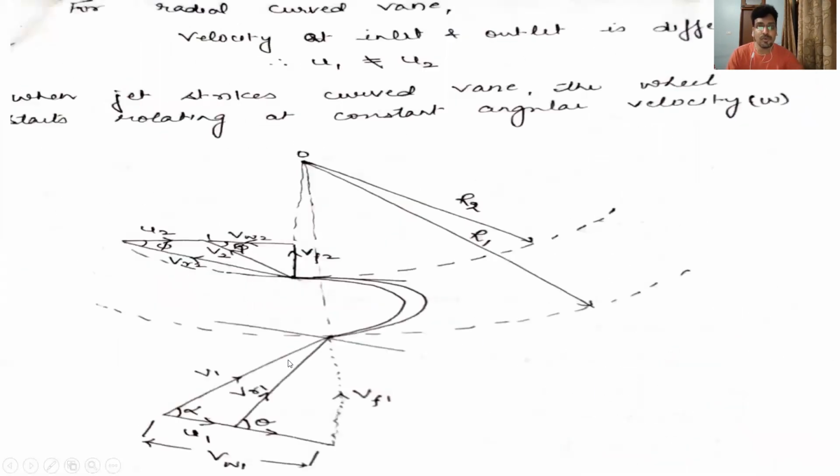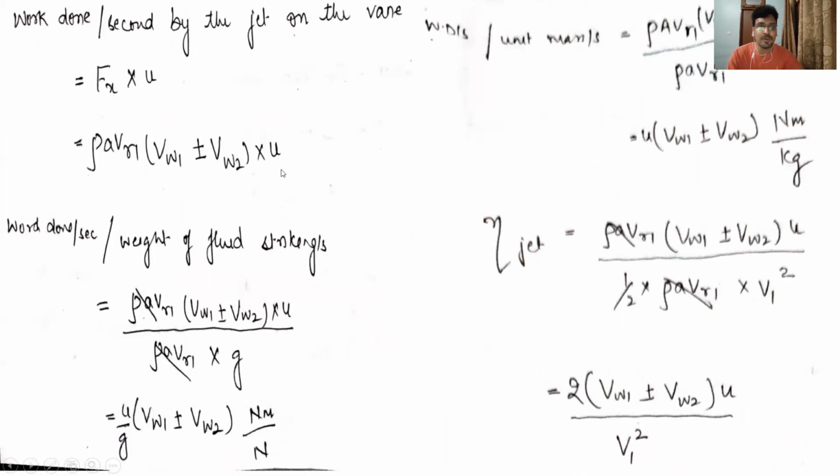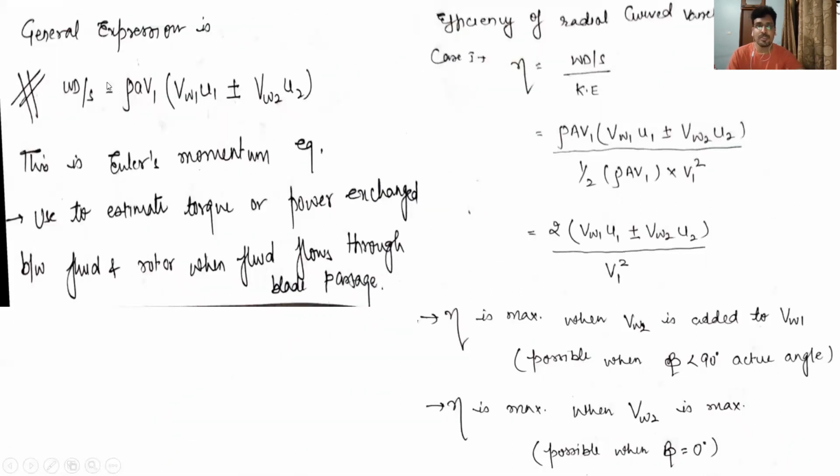The value of u is common in this work done. Now for this series of vane, what will be the value? Rho a v1 vw1 u1 plus minus vw2 u2, instead of this u. With vw1 we have to use u1, and with respect to vw2 we have to use u2. So the general equation will be work done per second equals rho a v1 [vw1 u1 plus minus vw2